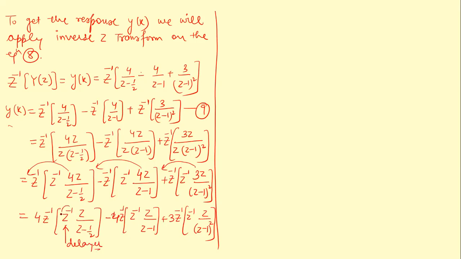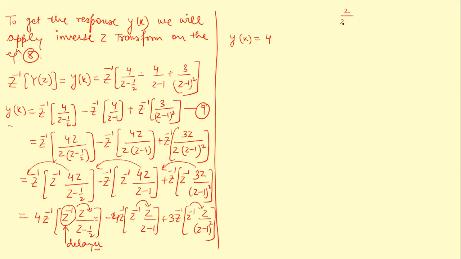Okay, so that means this, when multiplied with this particular function, has delayed its value. So every function has been delayed, right? So now what will we get? After applying inverse Z transform, the response that is obtained, y[k], is equal to 4. Now we have got a delayed sample. Now if you compare this with z upon z minus a,